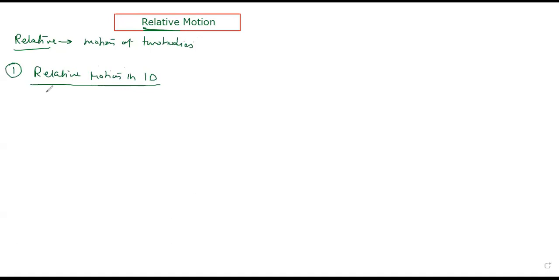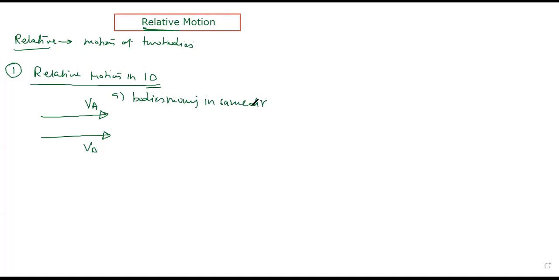So listen, actually, what happens? It's very simple. Suppose you have two bodies, body A moving in this direction with velocity VA, and another body moving in this direction with velocity VB. Two bodies are moving in the same direction. In case of 1D motion, we have just two simple cases only. So suppose the bodies are moving in the same direction.